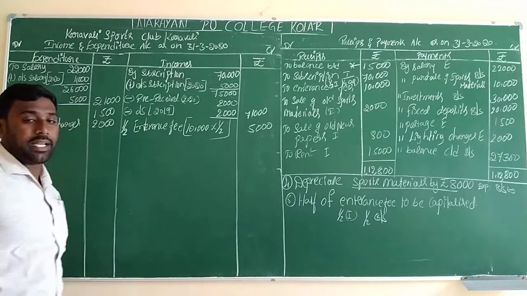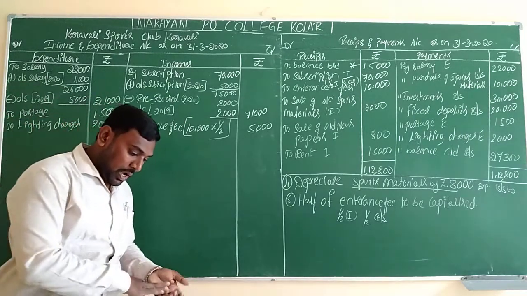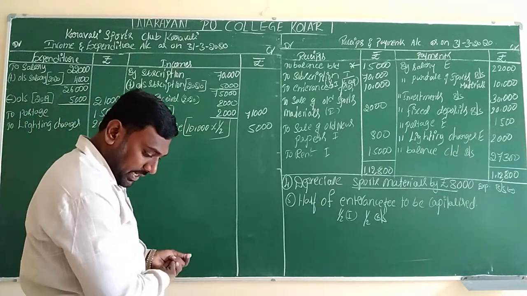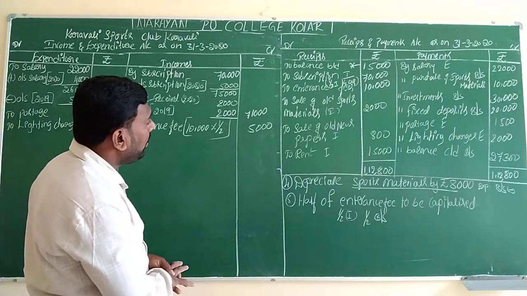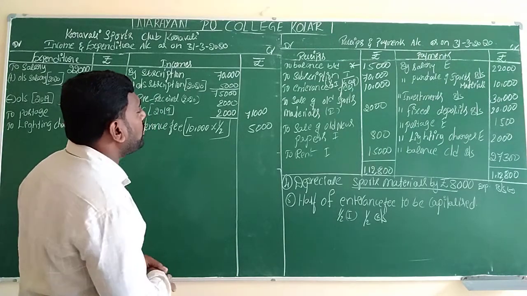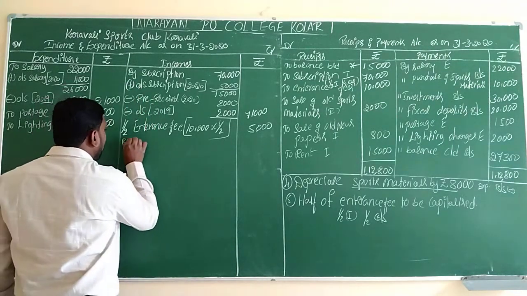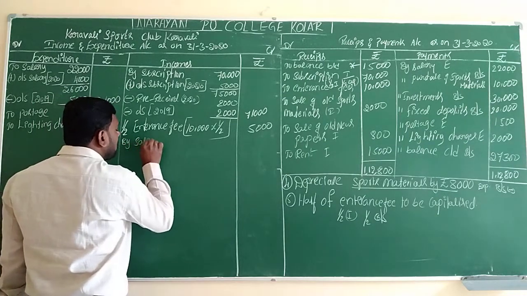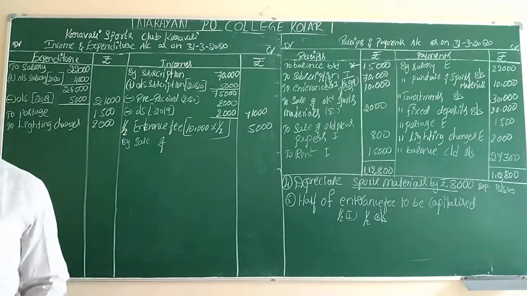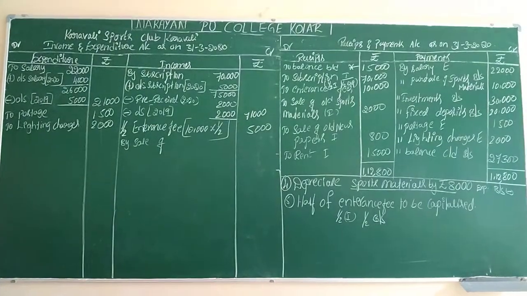That 5,000 will be considered as income. After entrance fees, sale of old sports materials we will write by sale of